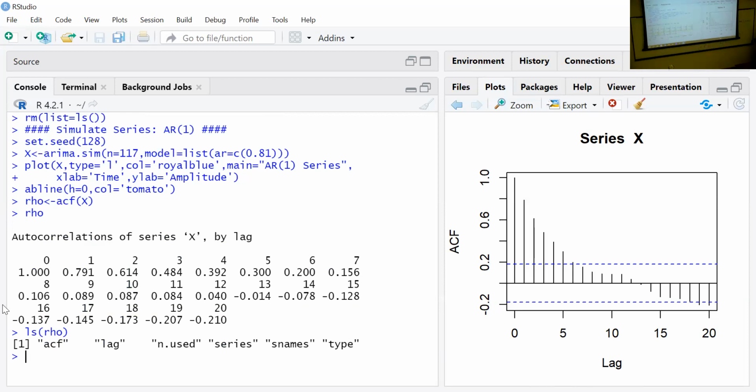It's when I assigned ACF to a row, it simply didn't assign one value, rather it assigned the ACF, it assigned the lag, it assigned the number of observations used, the original series, and 2 other things, right? If I simply want to access